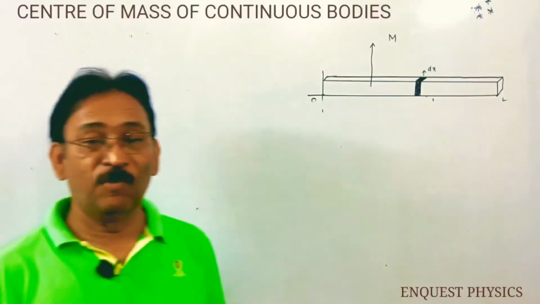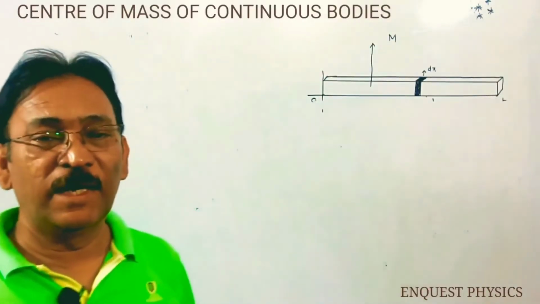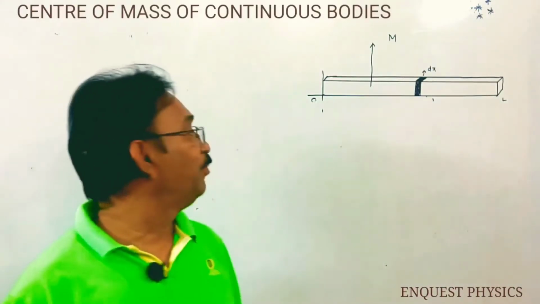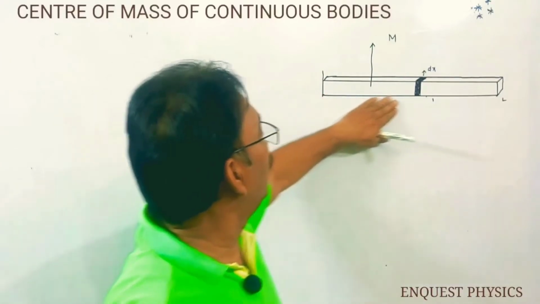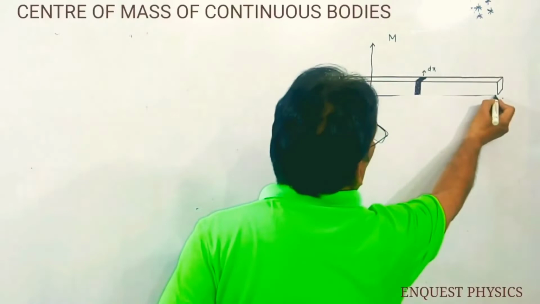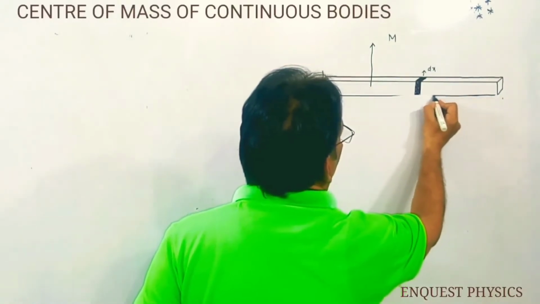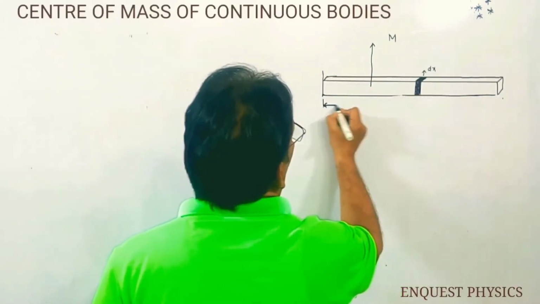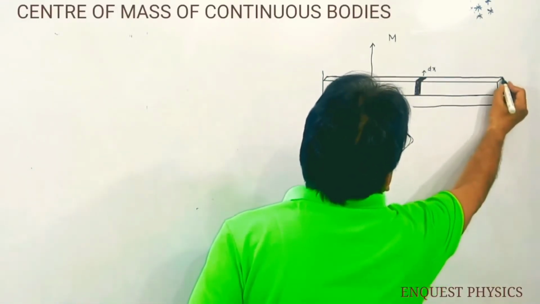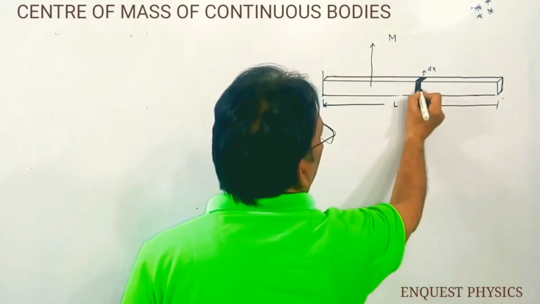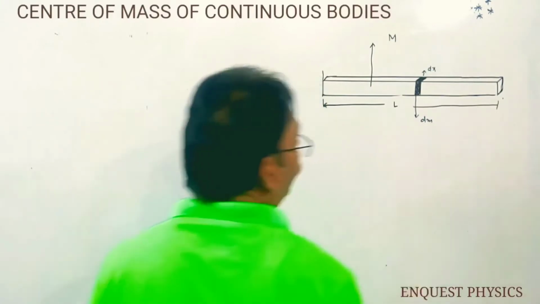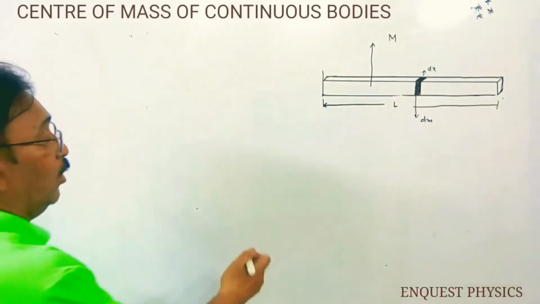Okay students, let's do one problem. In case of continuous mass distribution, or what we call continuous bodies, we are taking a rod which has a length of L and a mass of M. To find the center of mass, we are taking a strip which has a thickness of dx and mass of dm. Okay students, you have learned that